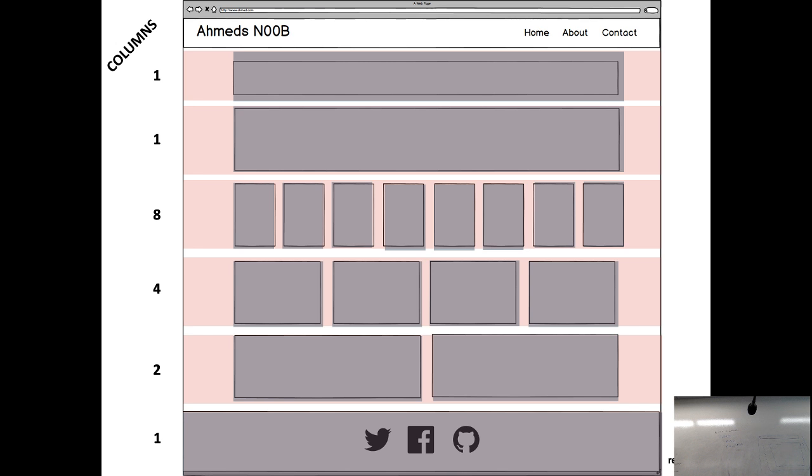But the better way is to make sure that your individual things come into your individual columns. Yes? Are you not counting the negative space as their own columns? What do you mean, negative spaces? On the pink, like versus 8?